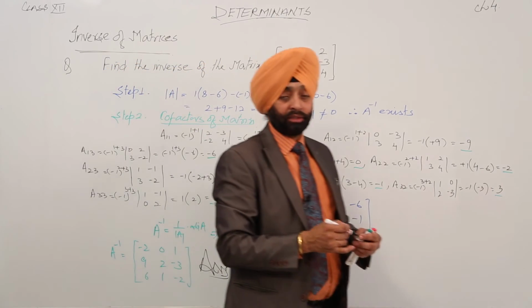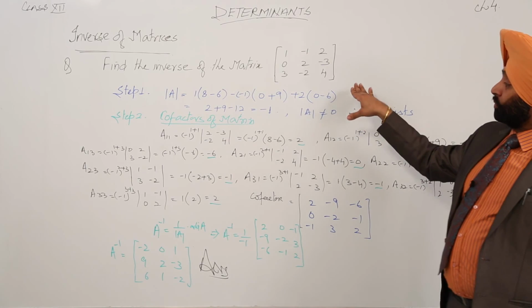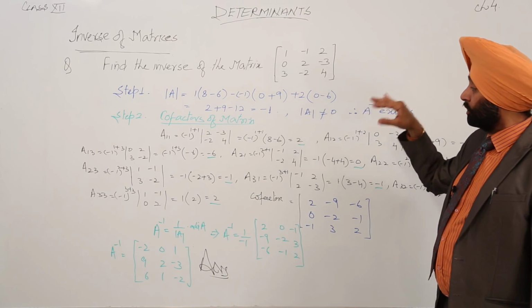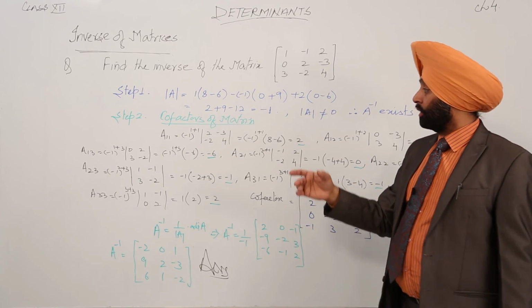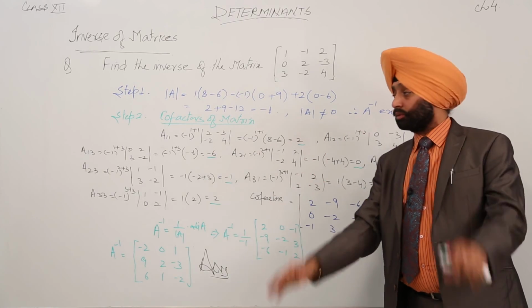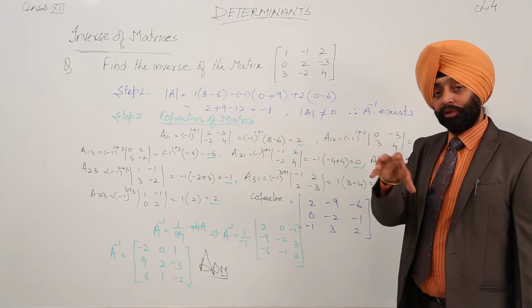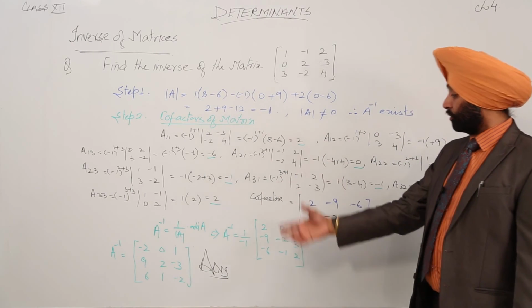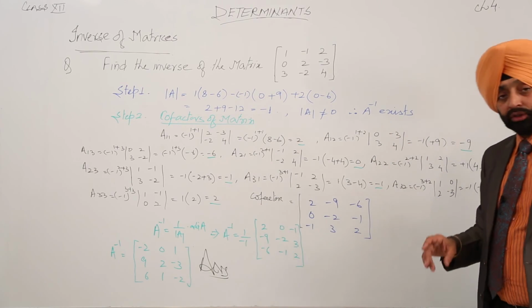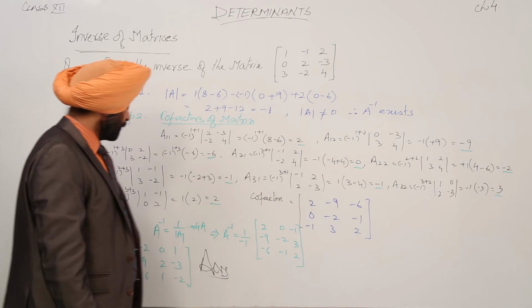Okay, so like this, for finding the inverse, first of all we have to find determinant of A. It should not be a 0. If it is 0, then you can write A inverse does not exist and you have to stop there. Okay, then all the cofactors, then cofactors in the transpose form become the adjoint, and then the formula: A inverse is equal to 1 over determinant of A multiplied by adjoint of A. Okay, nice.